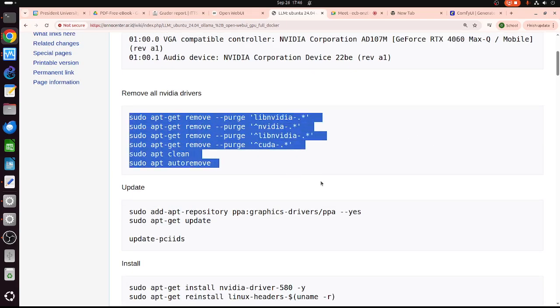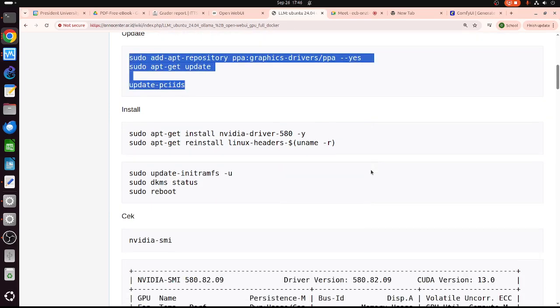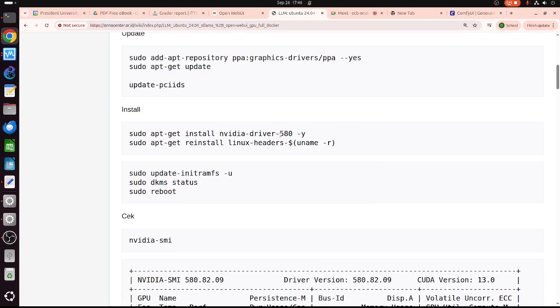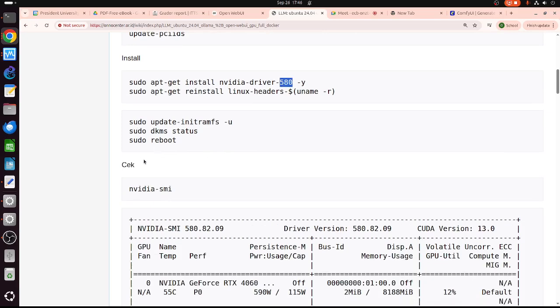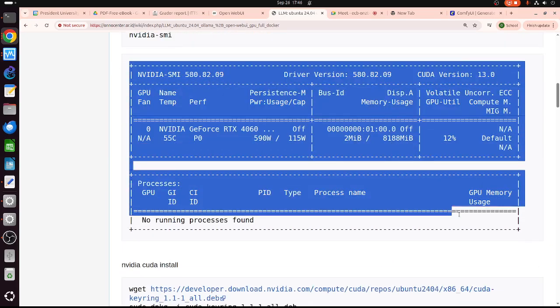I removed all the NVIDIA drivers, the rest, and reinstalled NVIDIA, installing driver 580. This is the latest version.